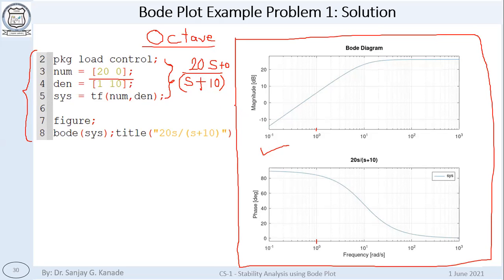And also you can see that this is not exactly the asymptotic plot. You can see there is a curvature here, a smooth transition from this sloped line to a zero slope line, right? There is a smooth transition. However, the basics you can check.